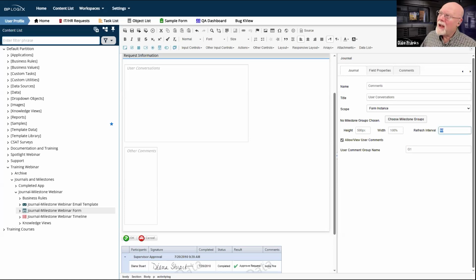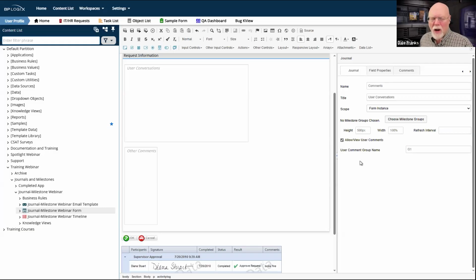even in that case, if I had multiple people looking at the same form instance at the same time, I'd probably want to use form locking so that only one person at a time could edit the form. So yeah, if I'm at form instance scope, I just don't think I'm going to need this because I don't think even in that case, I want multiple people looking at the form all at the same time.